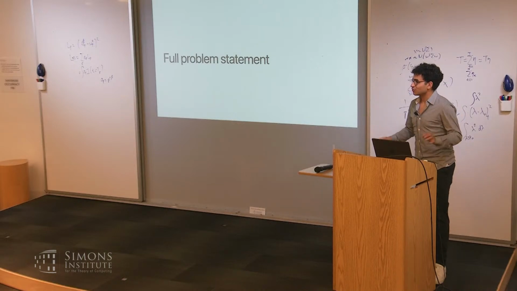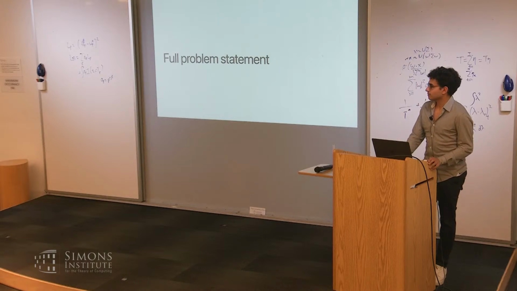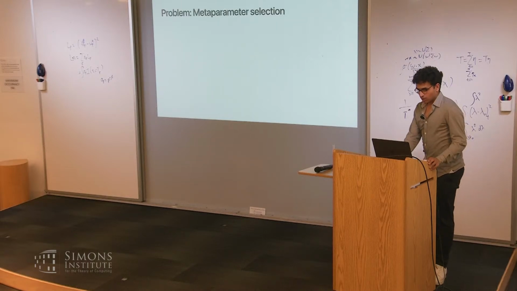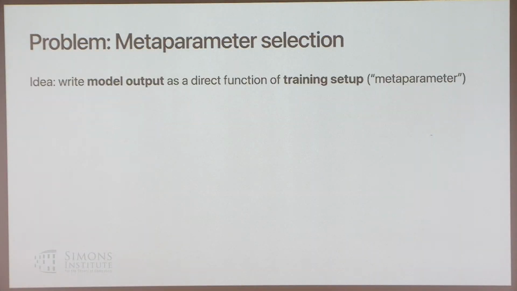We're interested in the silver bullet that can predict perfectly and optimize perfectly. Okay. So now I want to give a more general problem statement that goes a little bit beyond training data into the high-level problem that I'm going to call meta-parameter selection. The idea here is that I'm going to represent whatever training choice I'm interested in studying, which could be the data set, but could also be the architecture or anything else, as a variable z, that I'm going to call a meta-parameter.